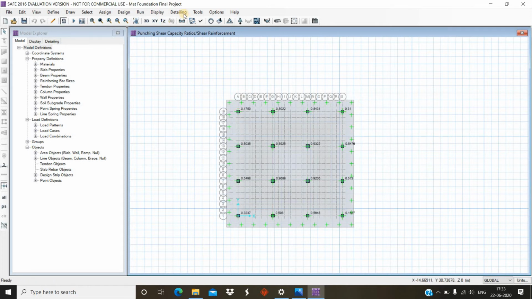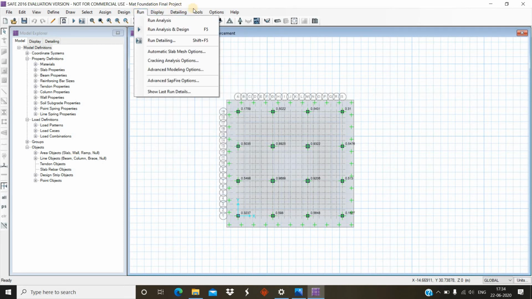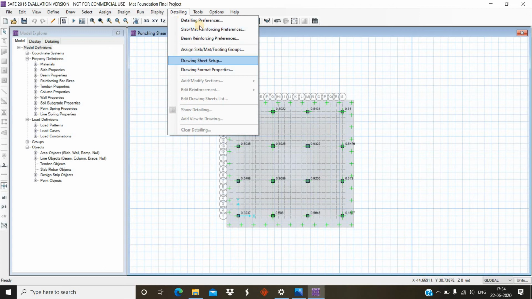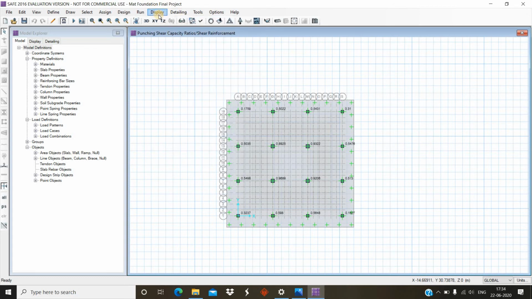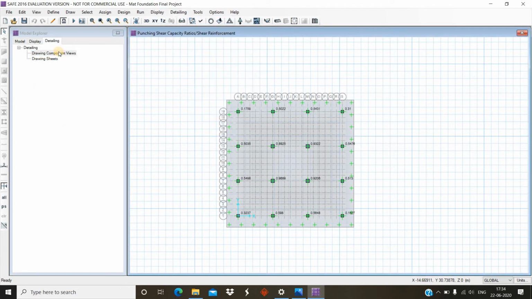After this we have to do the detailing. These are the detailing preferences. Since the detailing was locked, it was unlocked.